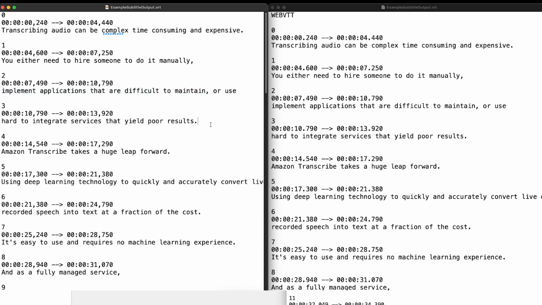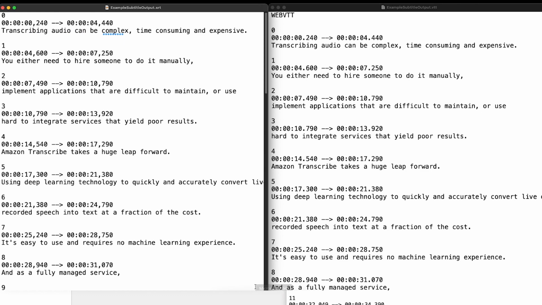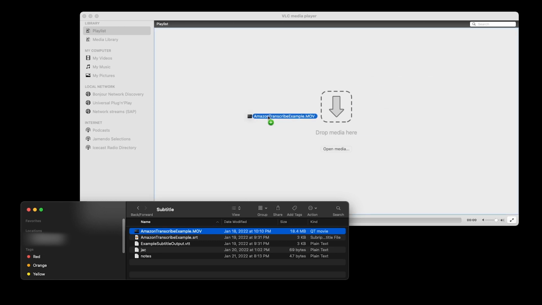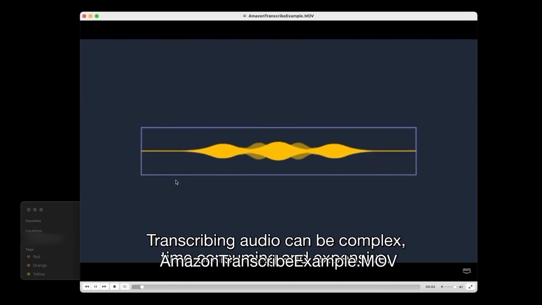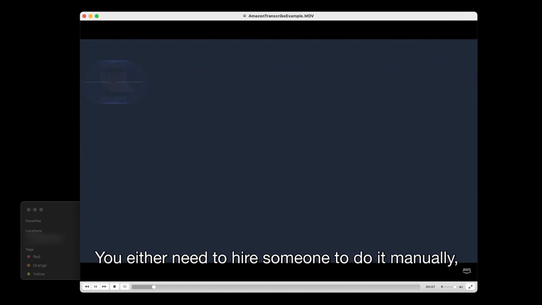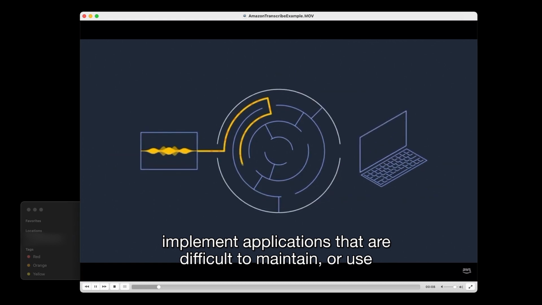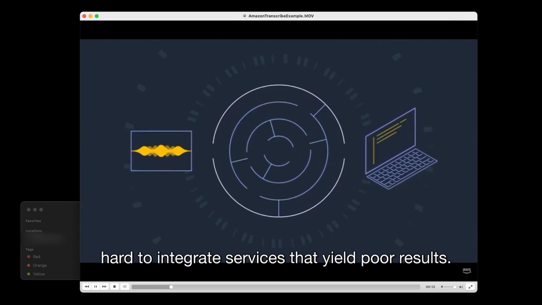Within the text editor, you can review the transcript and make any wording changes. When you finish making changes, you can save your file, and just like that, your subtitles will be updated. It's that simple. Now that you have your subtitle file on your desktop, you can preview the file. I happen to have the open source VLC player here, and VLC has a helpful feature that allows the application to automatically detect a subtitle file if it's in the same folder as the source video and shares the same name. And open in VLC, and what do you know? There is our video with subtitles.